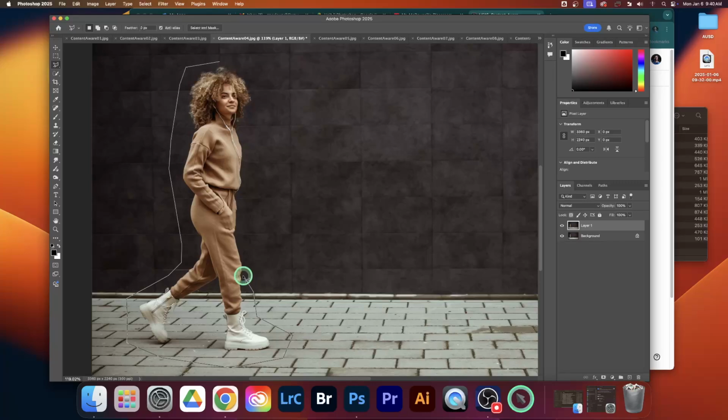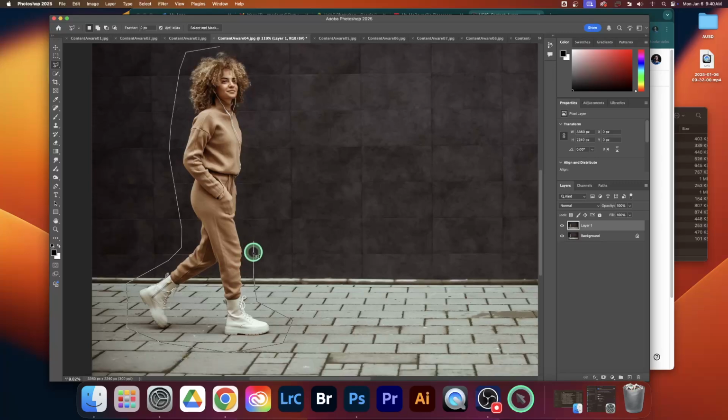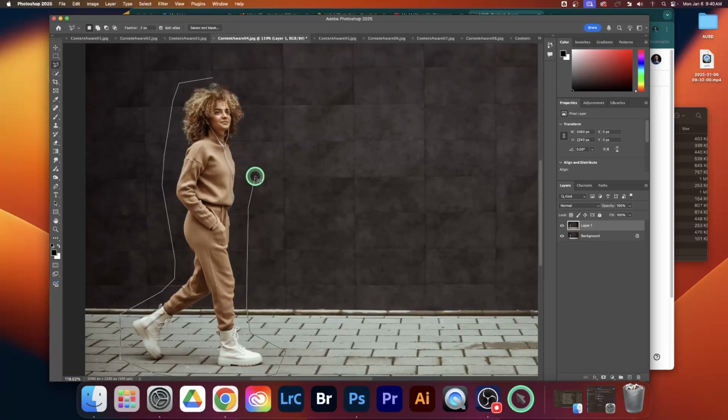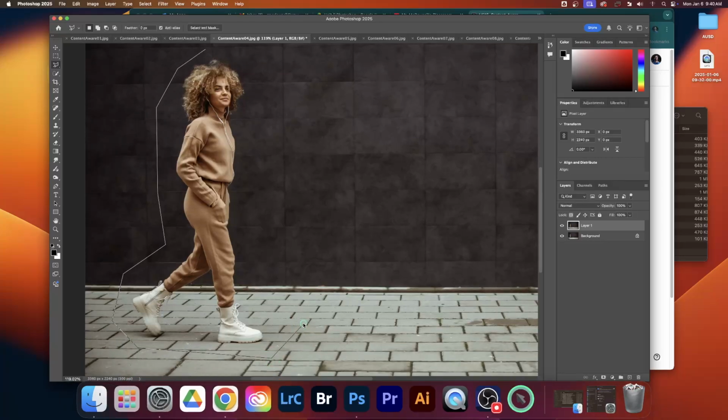I'm not going super close, like right on the line right here. We're leaving some room so the content aware can determine what the background is and fill it in. Perfect. And then come all the way back and connect the dots like that. What might happen is, if you're trying to connect the dots, which does happen a lot as well, you're trying to connect the dots like this,